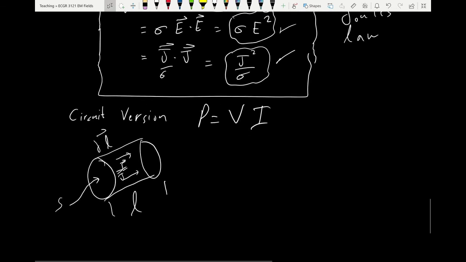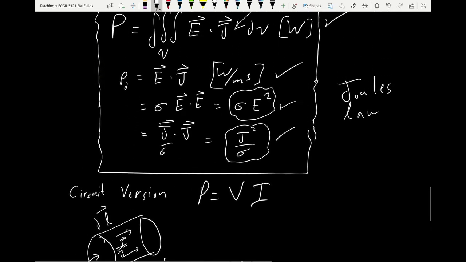So the power we said is the volume integral of E dot J. So let's assume this volume is small enough such that E is uniform and J is always in the direction of E. So I can take the dot product, and in general for conductors you can take this dot product to be just the magnitude of E times the magnitude of J